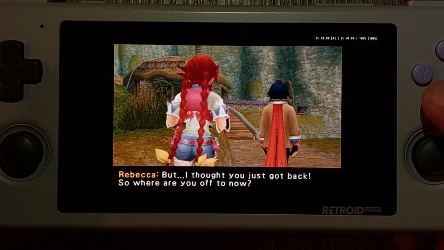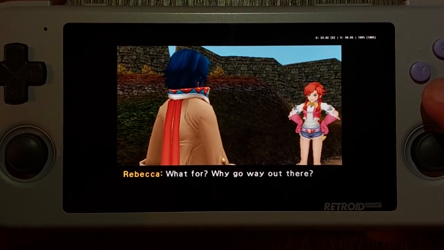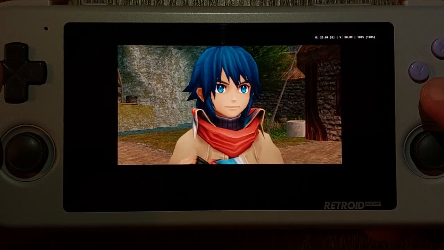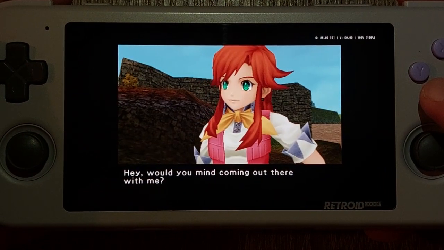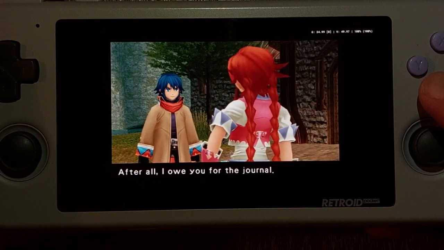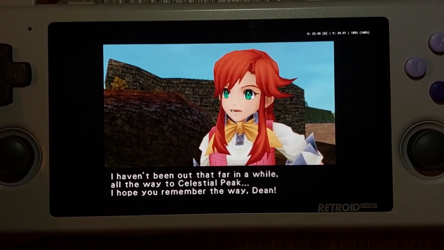But I thought you just got back. So, where are you off to now? I was thinking of heading over towards Celestial Peak. What for? Why go way out there? Well, I wanted to go back one more time. You know, to say goodbye. Alright. Actually, I guess I'd better tell you too. Hey, would you mind coming out there with me? I guess so. After all, I owe you for the journal. Sure, I'll tag along. Alright. I haven't been out that far in a while, all the way to Celestial Peak. I hope you remember the way,